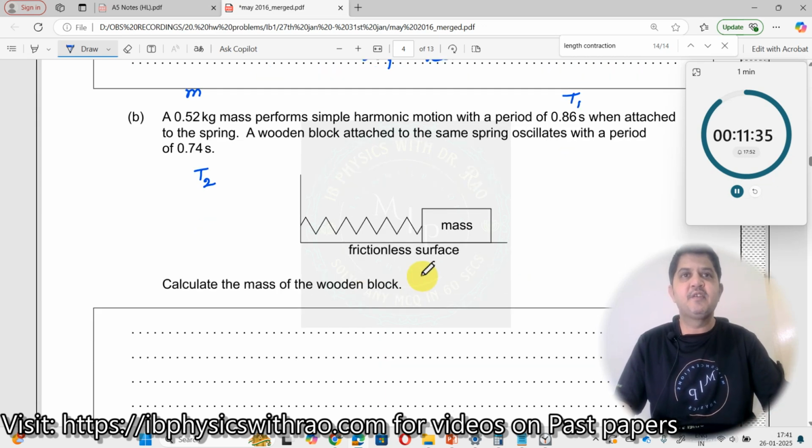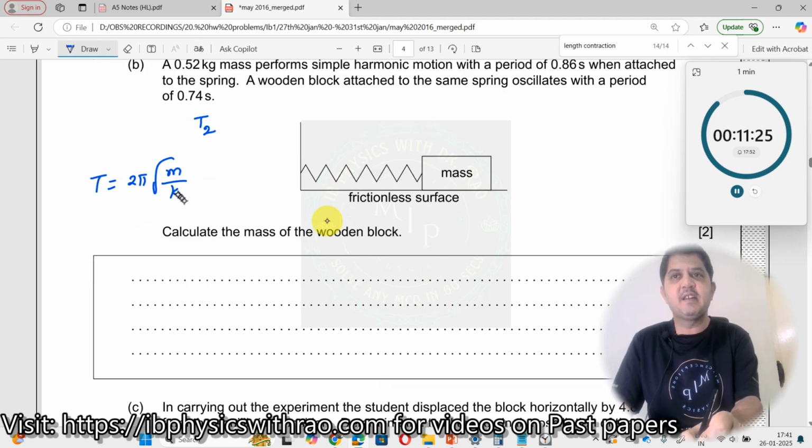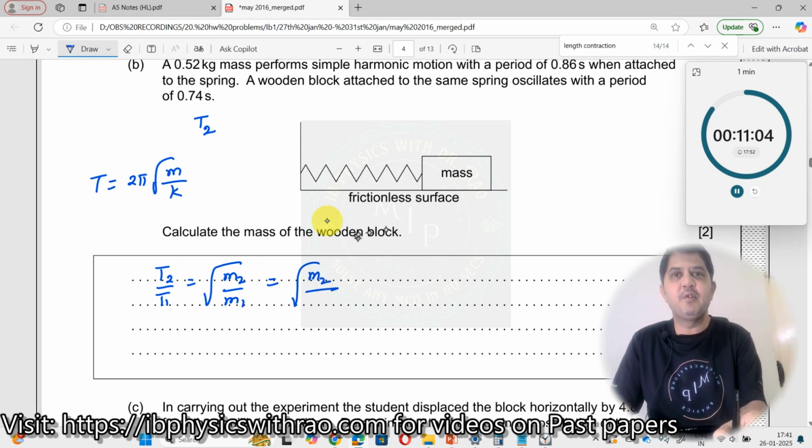Comparison problem. What we do is, we know that time period T is given by 2π root of m by k. Okay, so now same spring, k is constant, time period is proportional to root m. So therefore I will write T2 by T1, because I want T2, I will take T2 on the numerator, should now be equal to root of m2 by m1, right? What is m2? M2 is unknown, so I'll write m2 just like this, divided by m1. M2 is what we need to find. m1 is